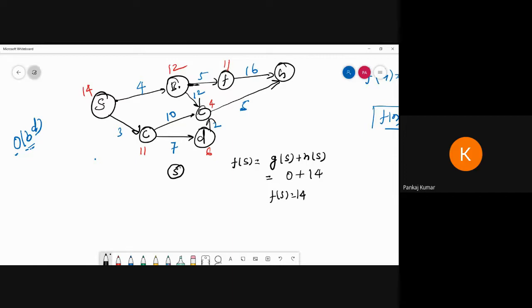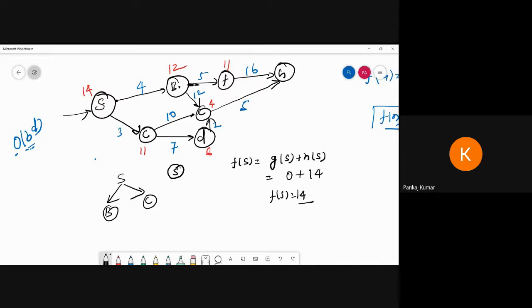So here there is no choice to select which one is the minimum, which one will be greater. So we can start from the S. That is why we can start from only this one, not this one. This is a start, okay. So my start state is 14. Suppose my start state is given. So after that I have two adjacent of S. So what is the adjacent of S is B and C. So I'm exploring B and C.